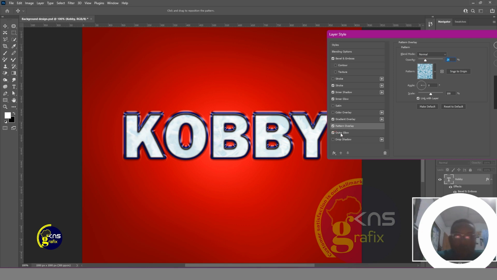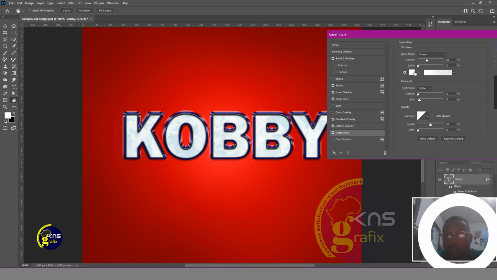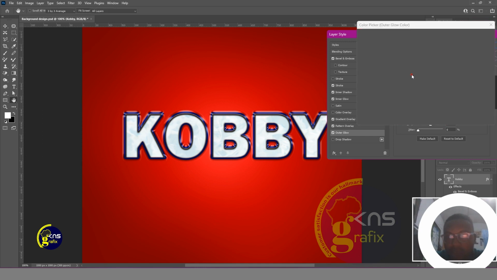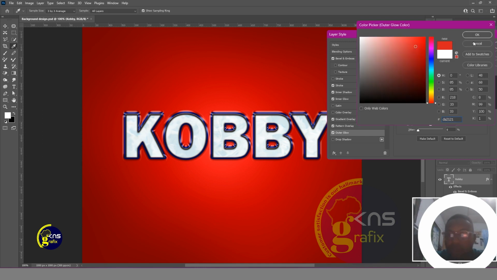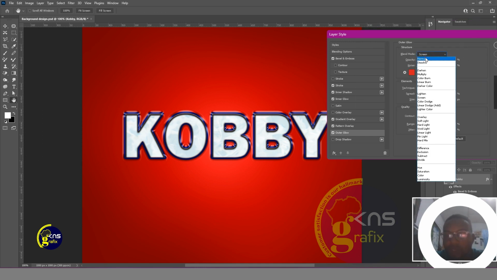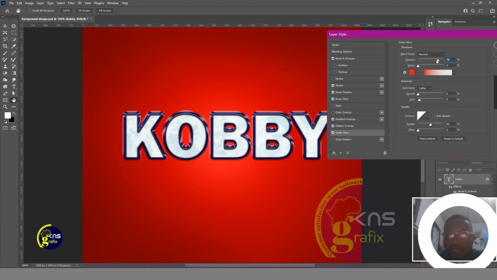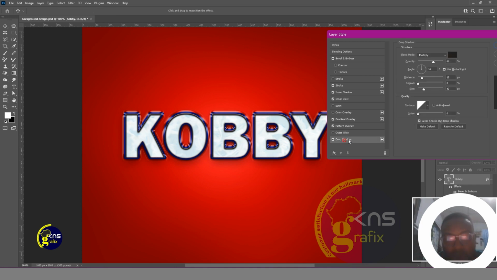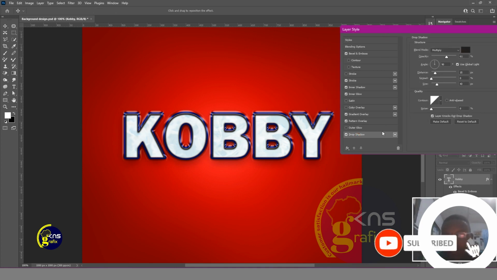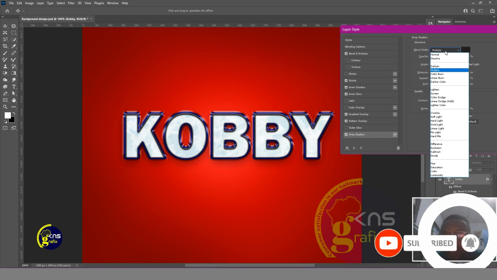Now the outer glow. The outer glow is actually to happen on the extreme, like we had the inner glow. This is already set in the screen, so you wouldn't see the effect. You just have to apply it. It will depend on the design that you will use the outer glow, but I don't normally use this outer glow. Now the most important item here is shadow. See, we are going to do more with this. Let me put